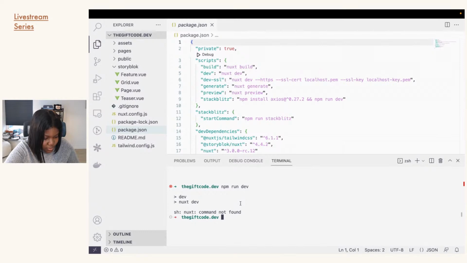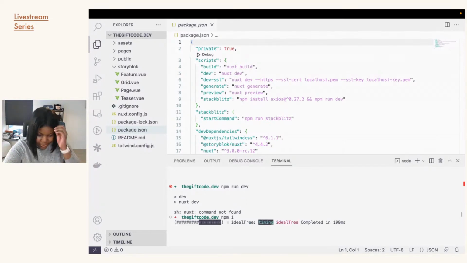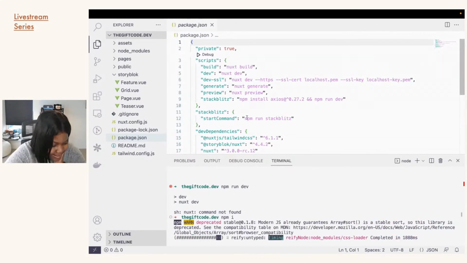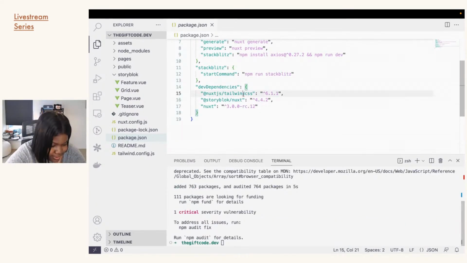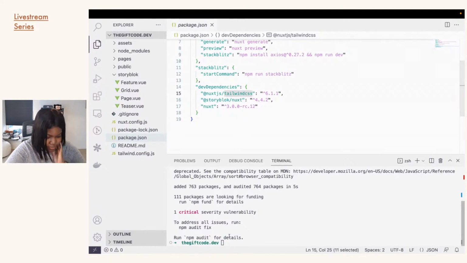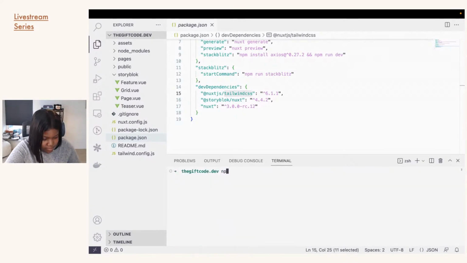Interesting. Oh, I need to npm install first. I keep forgetting. Yeah. I like that he installed Tailwind CSS for me as well, because that's what I plan to use. And yeah, okay. So if I run npm run dev now,